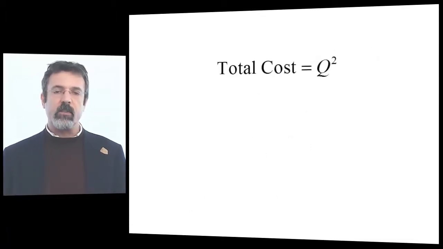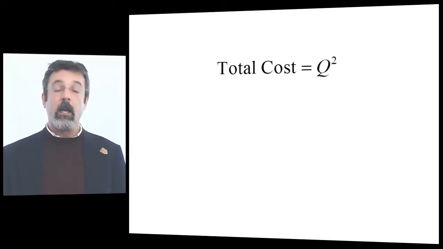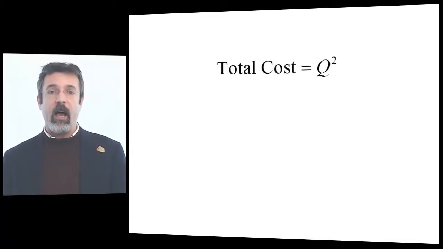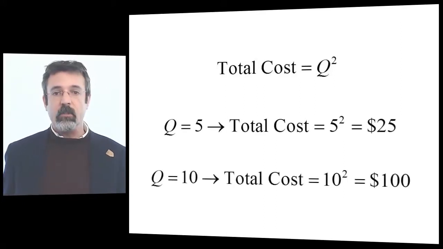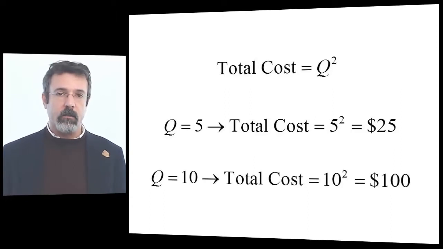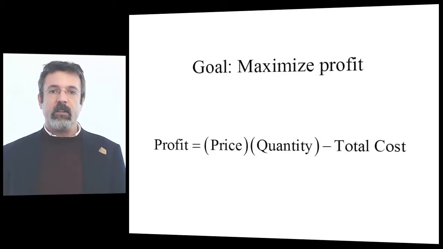For simplicity, let's assume that the firm's total cost is the amount of output it produces squared. So for example, if the firm produces 5 units of output, its total cost is $25. If it produces 10 units of output, its total cost is $100. The firm's goal, of course, is to maximize its profit. Profit is the price of the product multiplied by the number of units that the firm produces minus the firm's